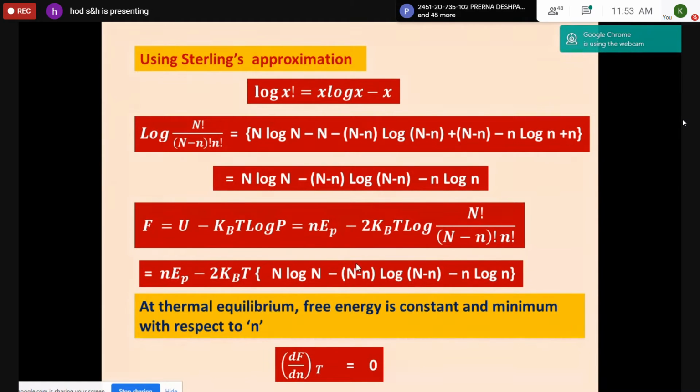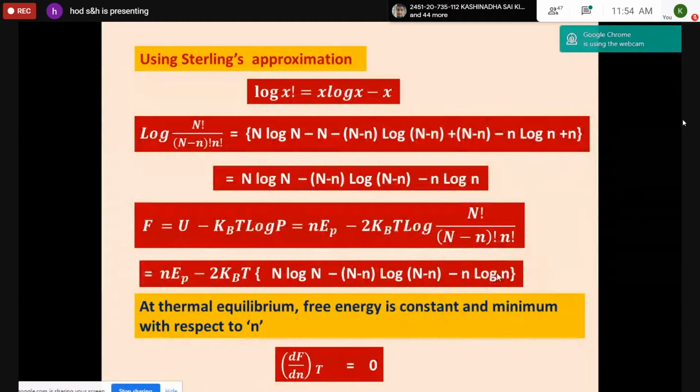Then you have to take the differentiation of this one. Minus of, if you take the differentiation, this is (N minus n) into the differentiation of log (N minus n), which is 1 by (N minus n) into the differentiation of minus n, which is minus 1. This is the first term. Keeping the log (N minus n) constant, you should differentiate the first term. That is log (N minus n) into the differentiation of this, which is minus 1 only. In this way, you should do.